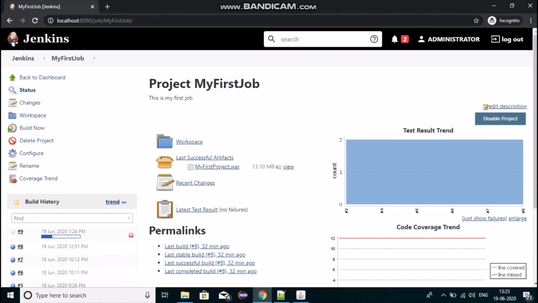So we'll be waiting for this build to be completed. Post completion of this build, we'll check whether the war file has been copied to the Tomcat webapps folder or not.